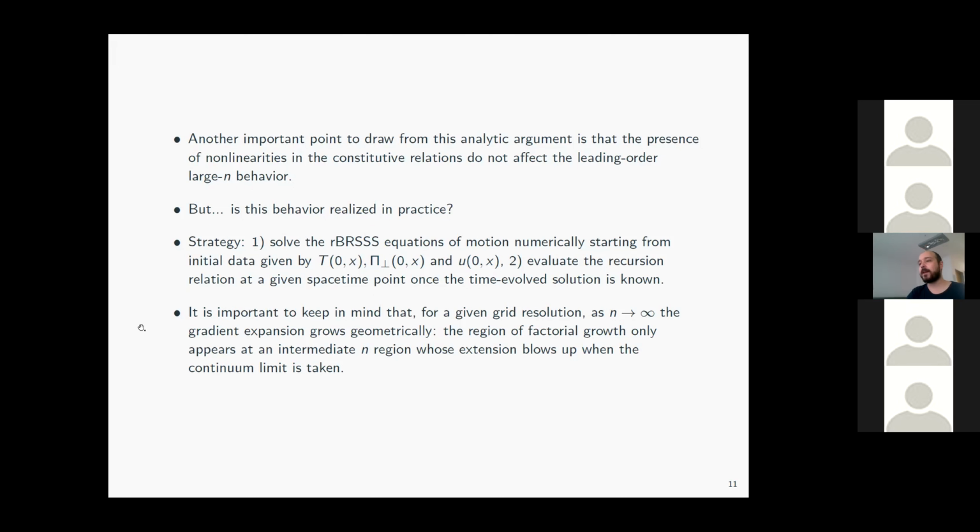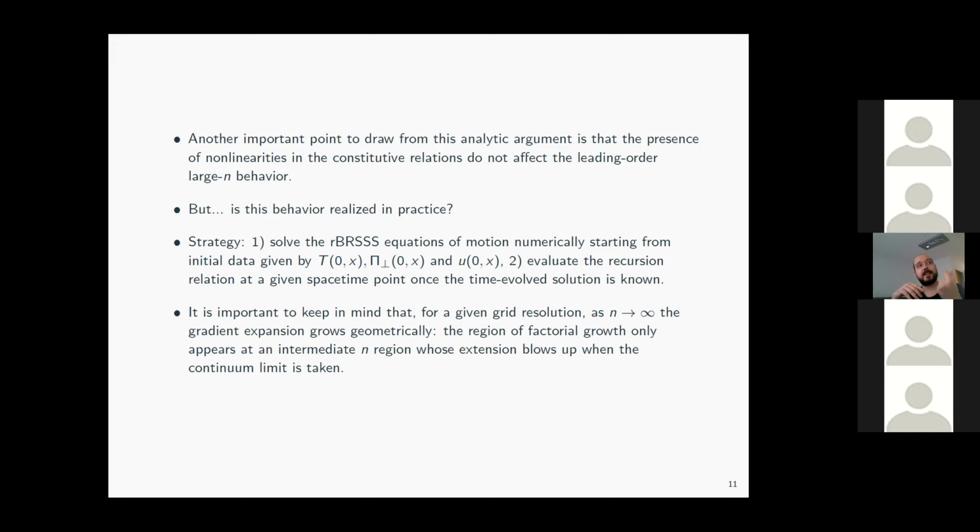It's important to keep in mind that in order to achieve this goal, we are solving our equations of motion on a computer, and that requires that we introduce a grid in spacetime. Due to the presence of the grid, there is a maximum frequency that your system can support. So if you do this computation and push it to really large n, you're going to find that the coefficients you obtain do not grow factorially, but grow geometrically. But that's just an effect of the lattice discretization.